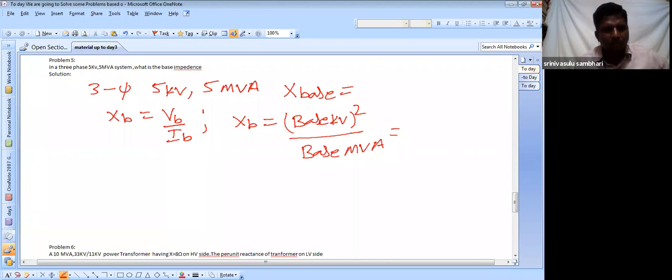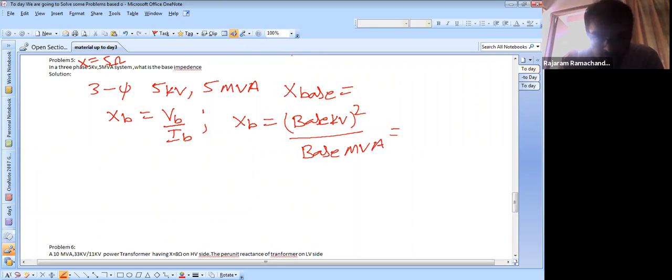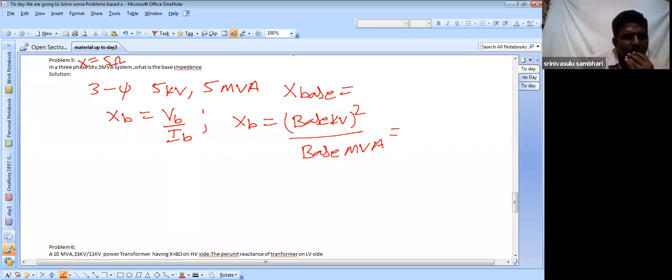Here in the examination, first we have to see, suppose in the IES, the examiner also mentions X equal to some 5 ohms. That is a 3-phase system having X equal to 5 ohms, 5 kV, 5 MVA. Okay, what is the base impedance, asking? But in the competitive examination, people are in a hurry. Based on the data, X equal to 5 ohms is given, 5 kV rating and 5 MVA rating are given. Now directly we go for which formula? We can find X per unit.